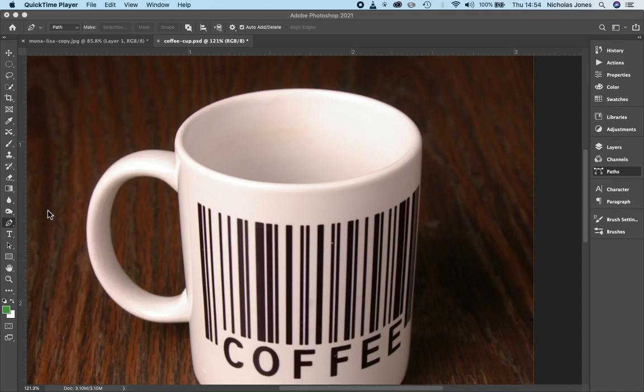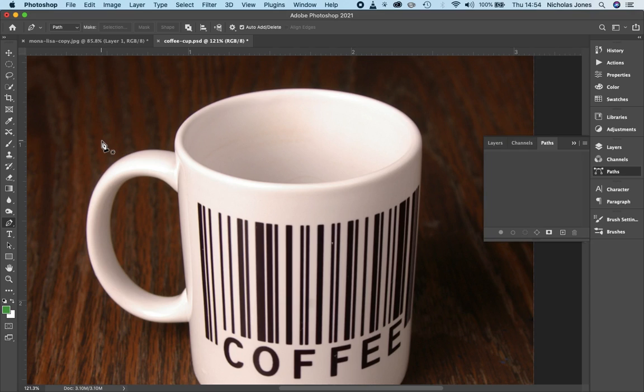Okay, exercise 19, pen tool practice. In the module, let's get Photoshop up here. Okay, in the module,